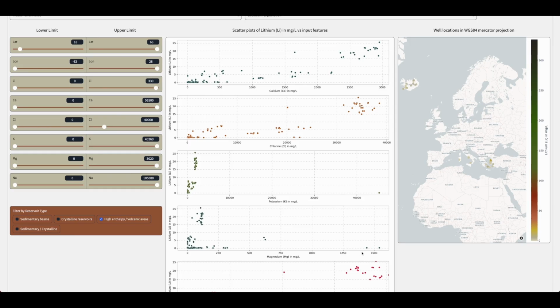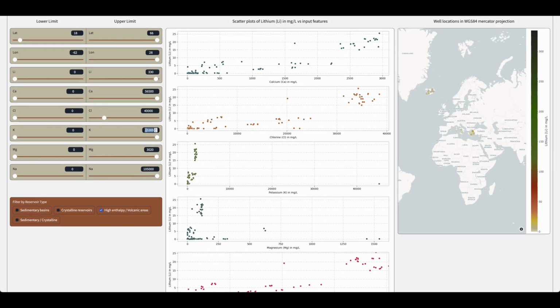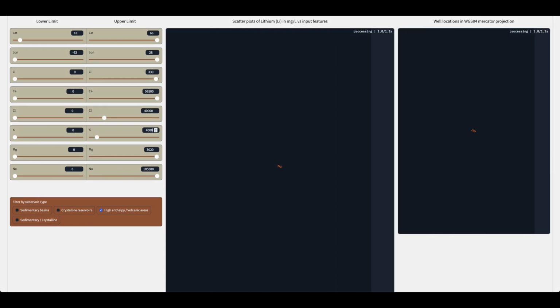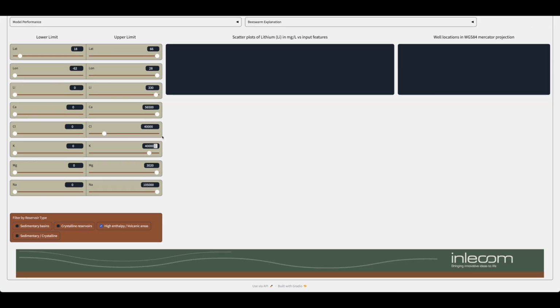Since these extreme values for magnesium and potassium do not belong to the same samples, the samples with high potassium levels were first examined. These samples were found to correspond to Sardinia and Italy. Despite the exceptionally high potassium levels, all the other elements, including lithium, were observed to be in the lower range. By narrowing the potassium concentration to a maximum of 40,000 mg per litre, these values were excluded.